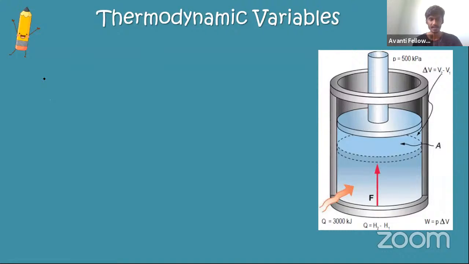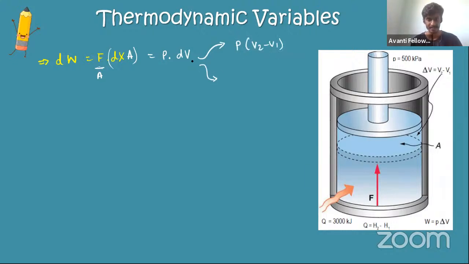Okay, so let me summarize here. Students, I told you that work done dW is equal to force into displacement. This is what you have been studying for many days and many years. I divide by area and multiply by area. Force by area, we studied in the last chapter, is called pressure. Dx into area will be called volume. So you get dW is equal to PdV, and there are two simple ways of writing this formula: one is P into (V2 minus V1), because dV means change in volume; otherwise, integral of PdV if it is a continuous smooth process. So these are the two ways to find work done.